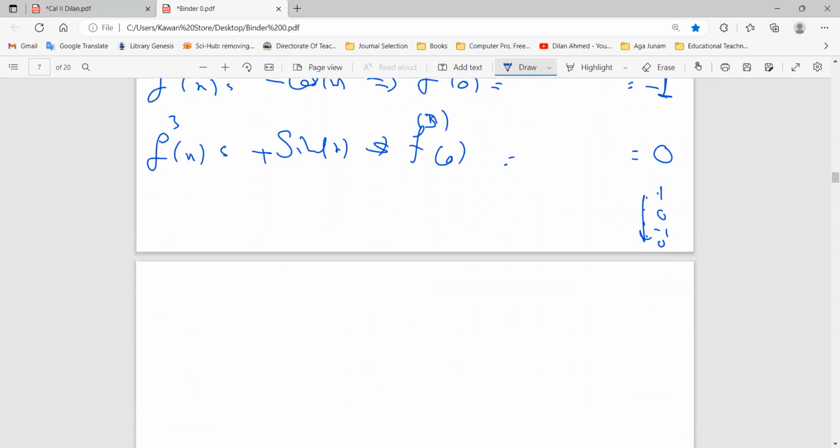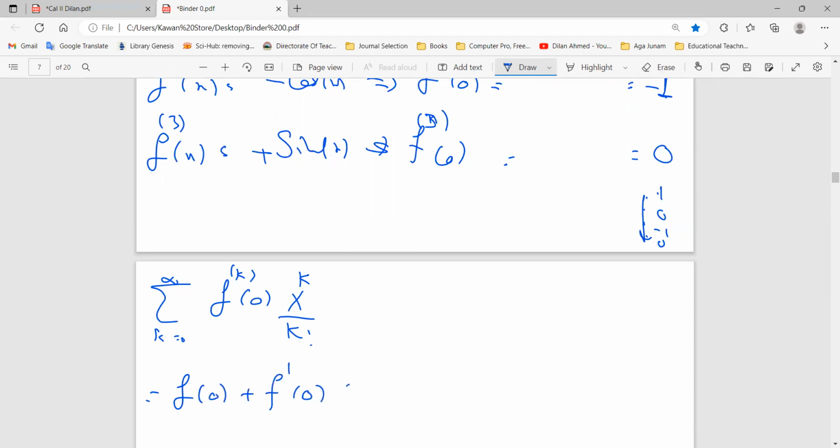Now after, the formula. So you have what? f of 0, f prime of 0,